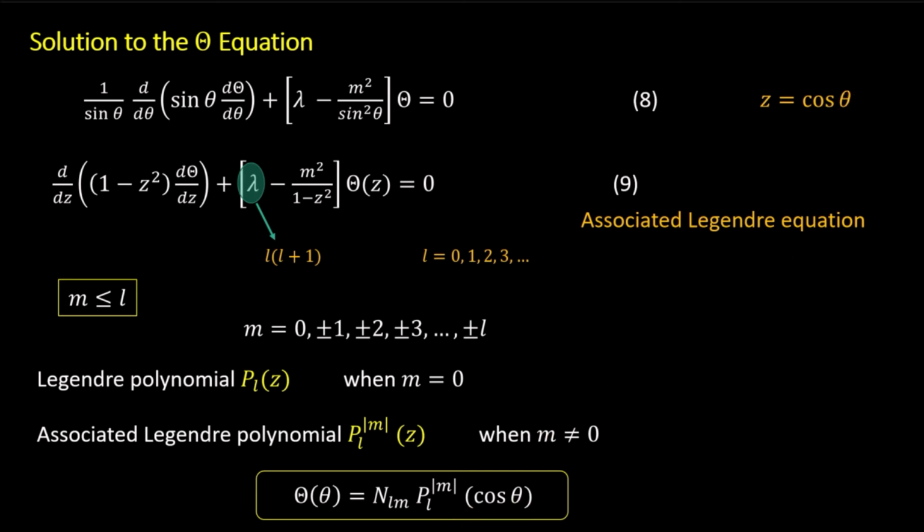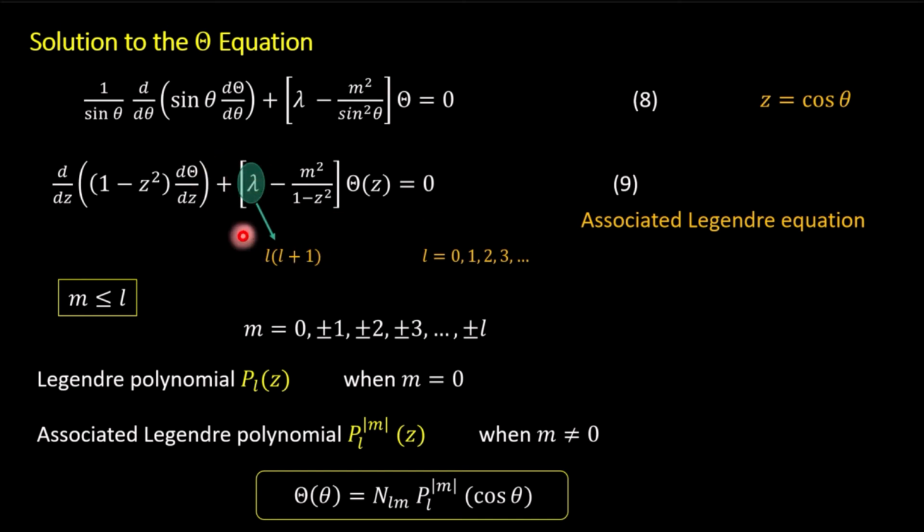So you can see that the eigenfunctions for the theta equation are the associated Legendre polynomials, and this is a normalization constant which can be estimated from the normalization condition of the associated Legendre polynomial. And we identified this theta equation as the associated Legendre equation